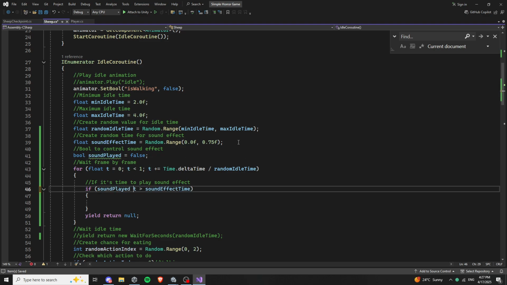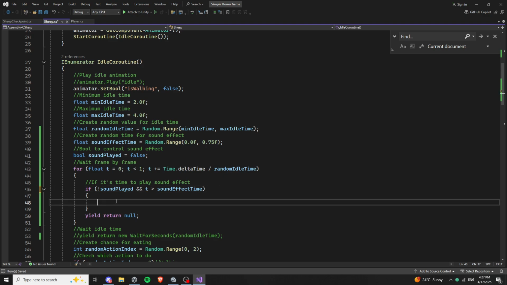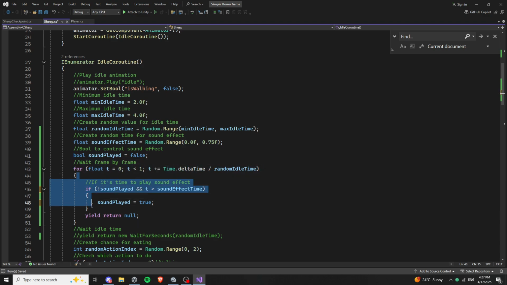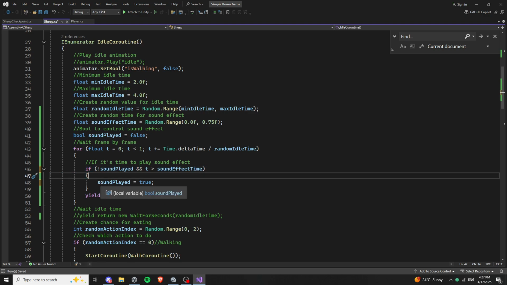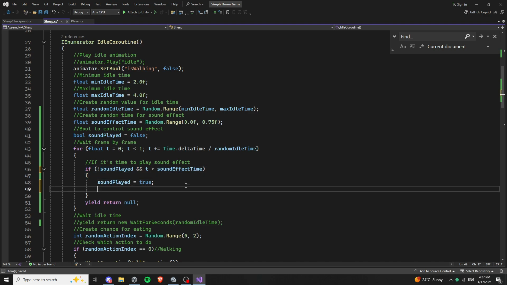So if that is false, so if not played like that, then we make it true. So it is true now. We want to make sure that this if here happens only once. So we'll use a bool to check if we played the sound. So if we haven't played the sound, we play it, but first make that true, and then we give the